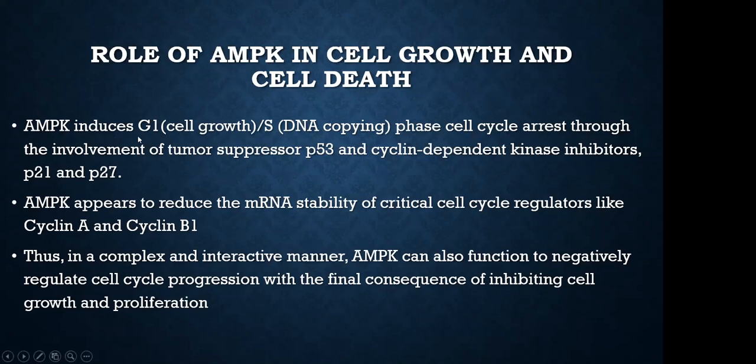Which is really interesting when you're dealing with cancer, where you want to control the replication of cancer and stop the cell, create a cell cycle arrest. So AMPK then plays a role in that, in 2 different locations, both at G1 and S. G1 plays a huge role in cell growth in itself, and the S aspect of the cell cycle has to do with the DNA copying, and